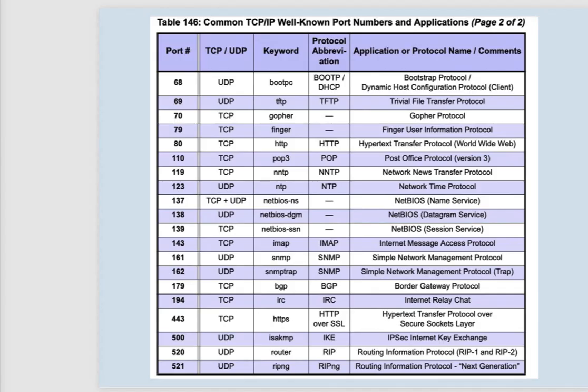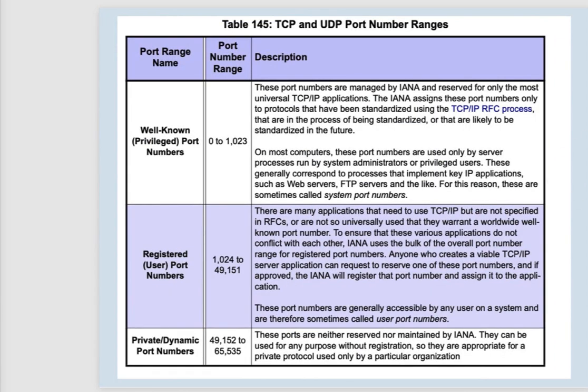Actually, it's common for certifications to want you to be able to spout back 15 or 20 of these well-known ports and the applications that are assigned to them. There are specific ranges of numbers from 0 to 65,535, which is the maximum number of numbers in the port range for TCP and UDP ports. The well-known ports are 0 to 1023, and then the registered port numbers for other applications, 1024 to 49151,